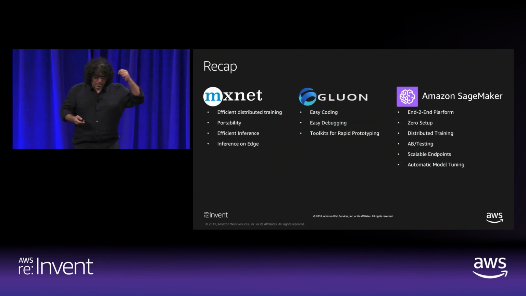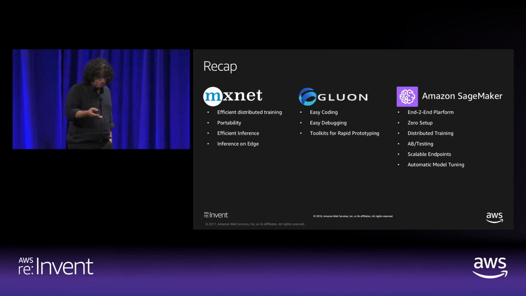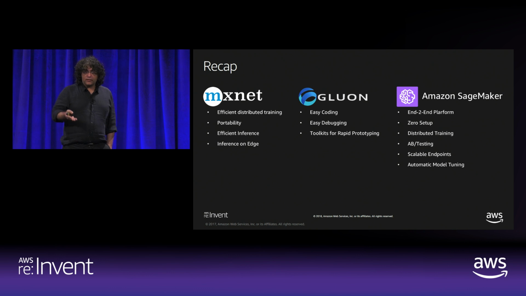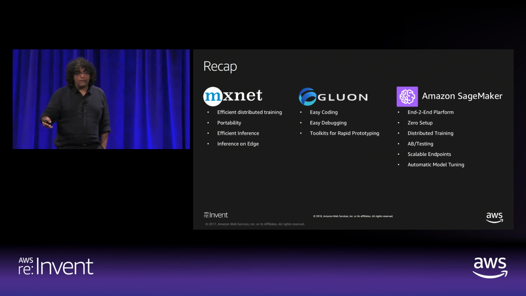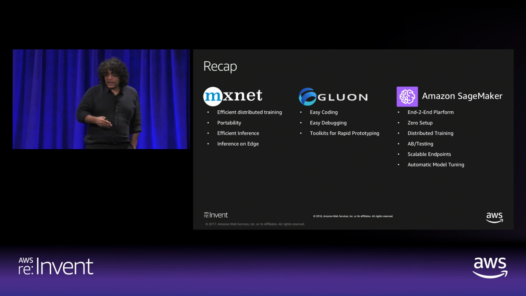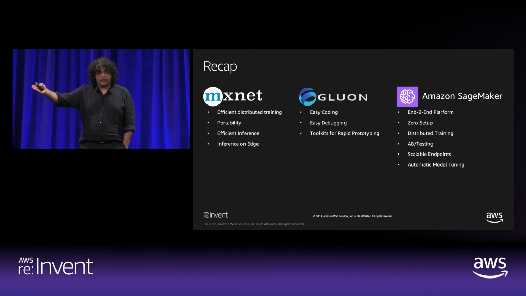To recap, you can have MXNet for efficient training and inference. You have Gluon for developer productivity and portability, and you have Amazon SageMaker for an end-to-end platform that is completely serverless